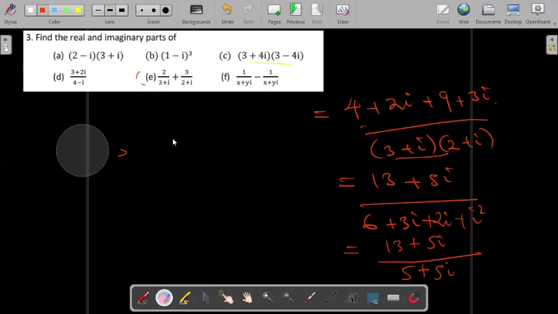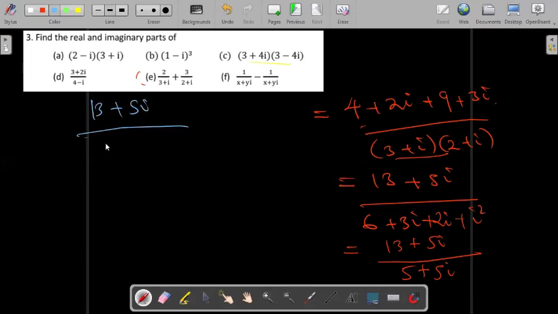So that has not finished. I have to continue. So what I got is (13 + 5i) divided by (5 + 5i). To continue this, I have to multiply by the conjugate of the denominator, which is (5 - 5i) divided by (5 - 5i). Then this is going to simplify to, so on top, you can see